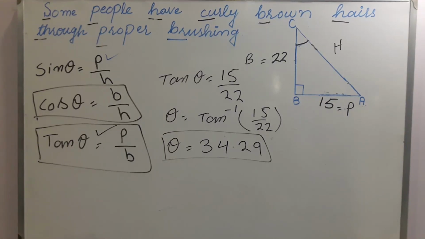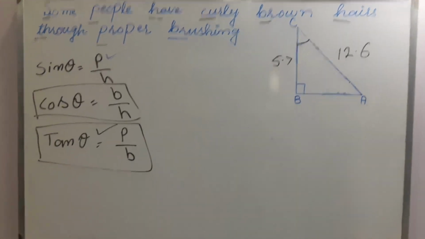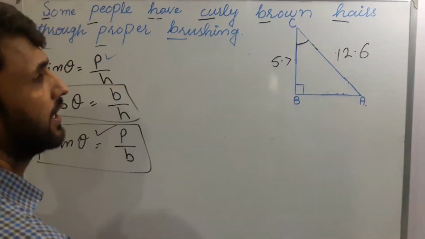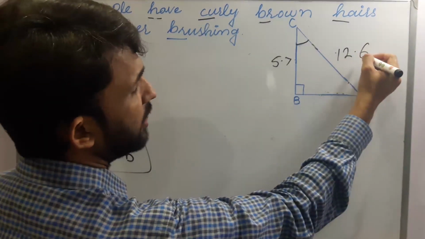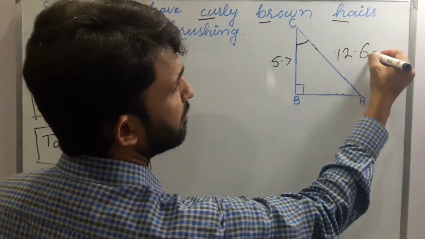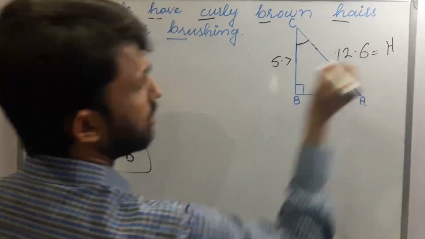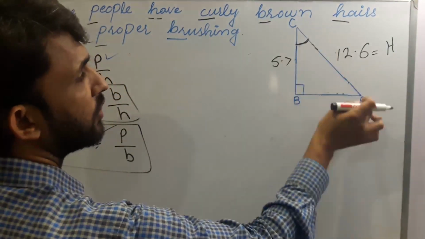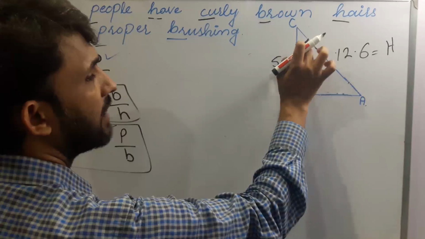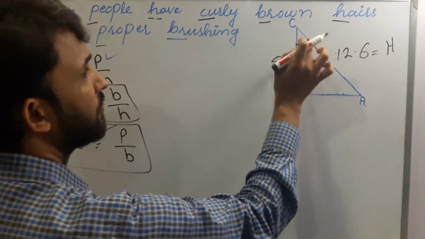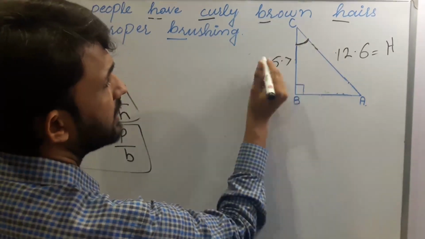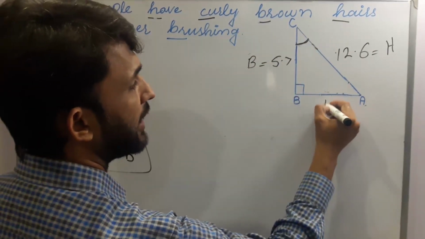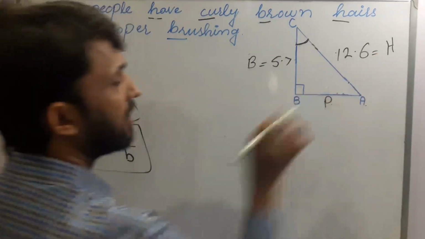Okay, now we have to discuss the second case. Now if we have a question like this, ABC, in this we have 12.6, in front of 90 is the hypotenuse, so we have hypotenuse 12.6. The angle is here, we have to find angle ACB. If we have to find this angle, the side with the angle is base and in front of the angle is perpendicular. Now we have base and we have hypotenuse.